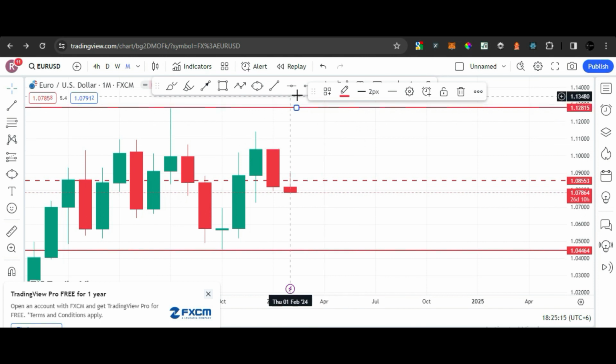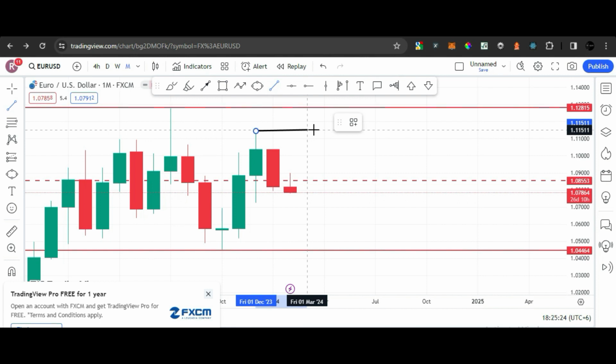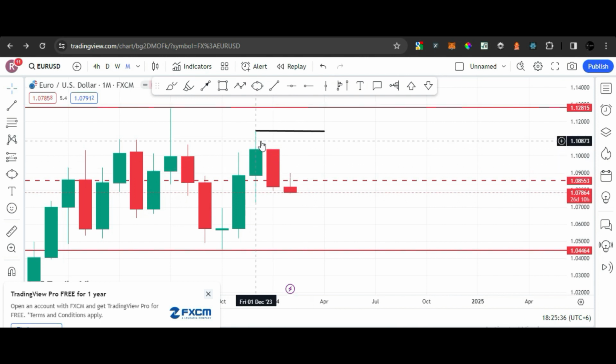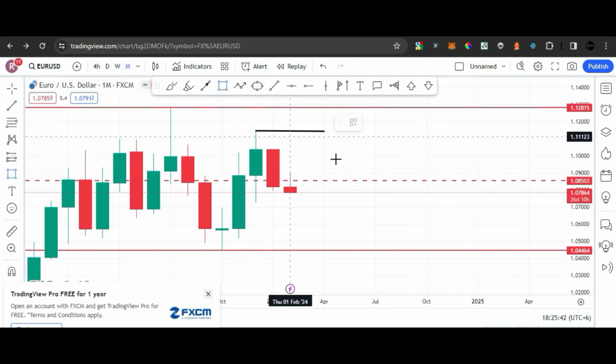For a short note, what I suggest is that you can put a tag here, something like this. Okay guys, this is the thing you need to take care of: if the price reaches here, it is breaking a two-month-old top. One thing done. Second thing, the reason I canceled the price zone is because I want to introduce